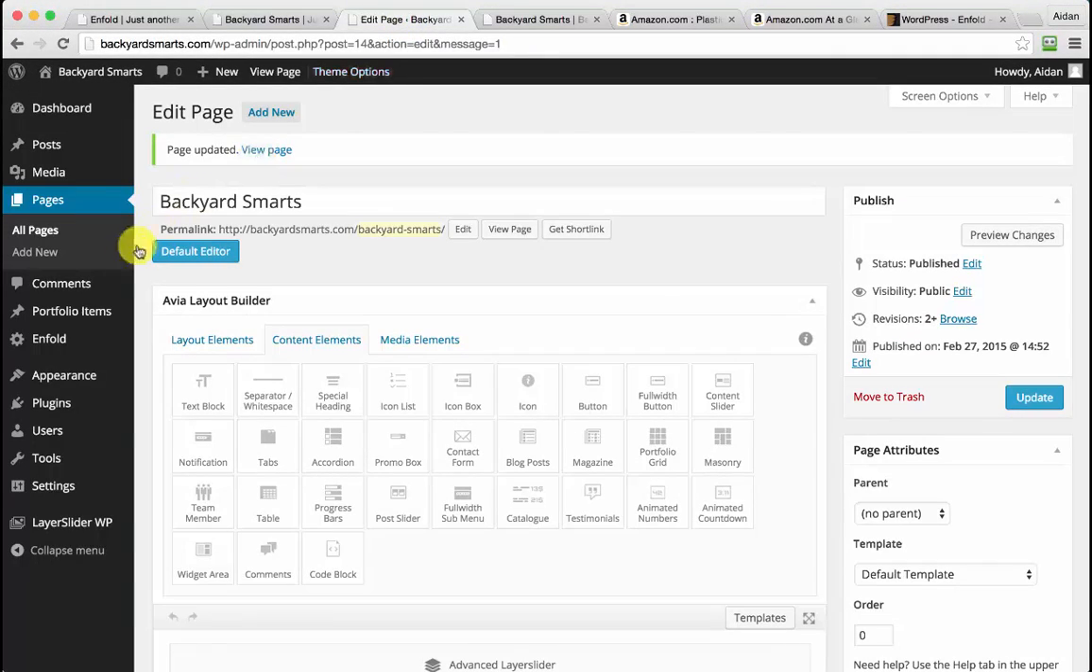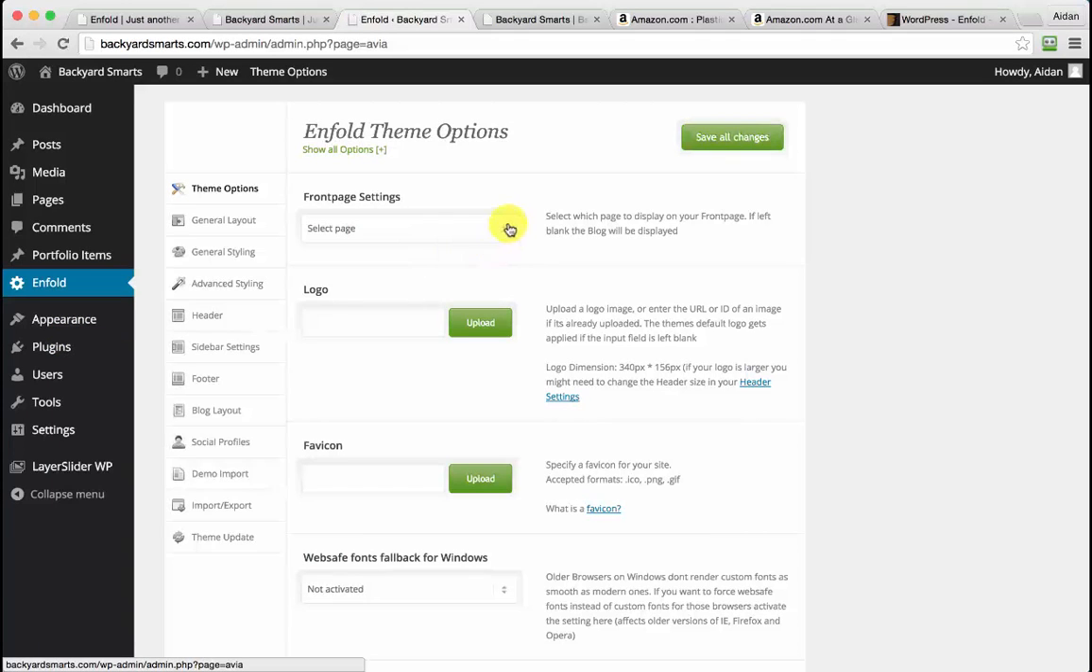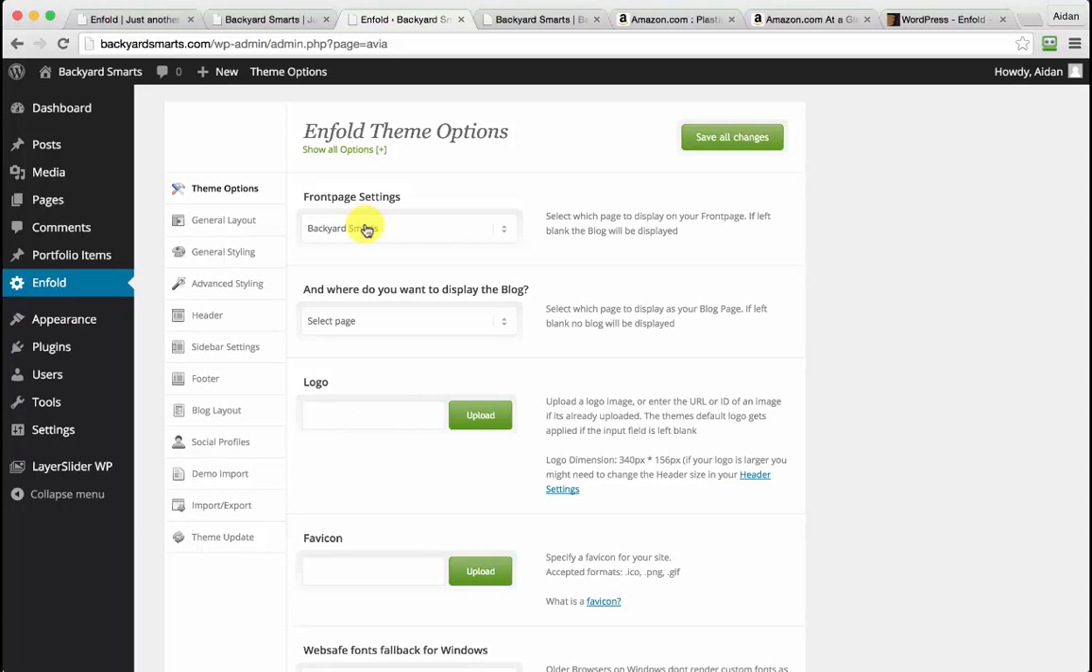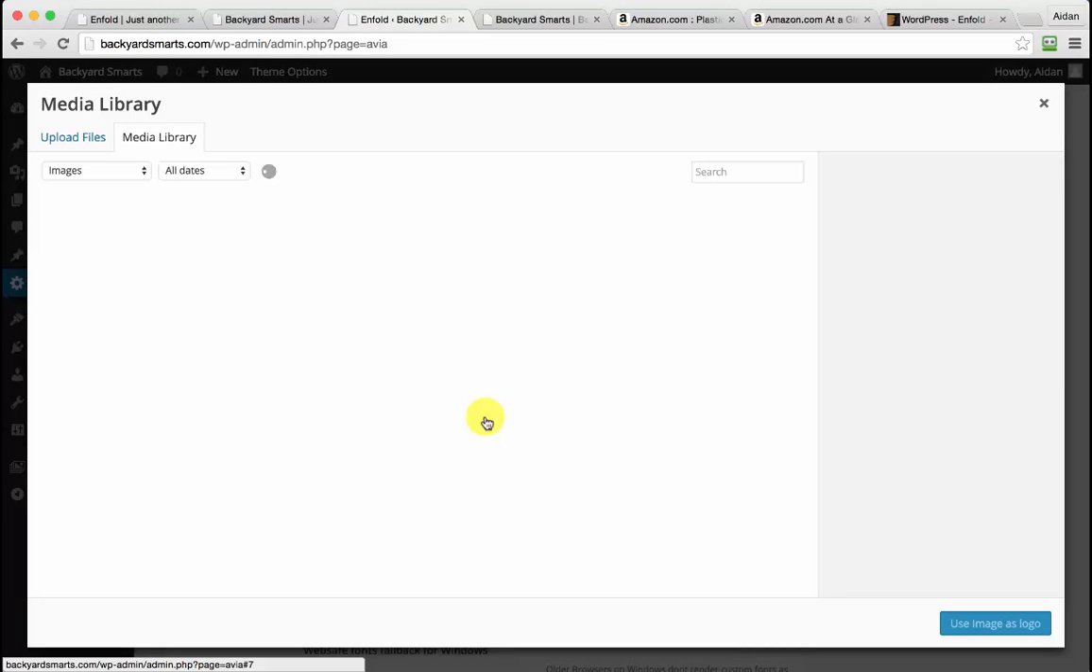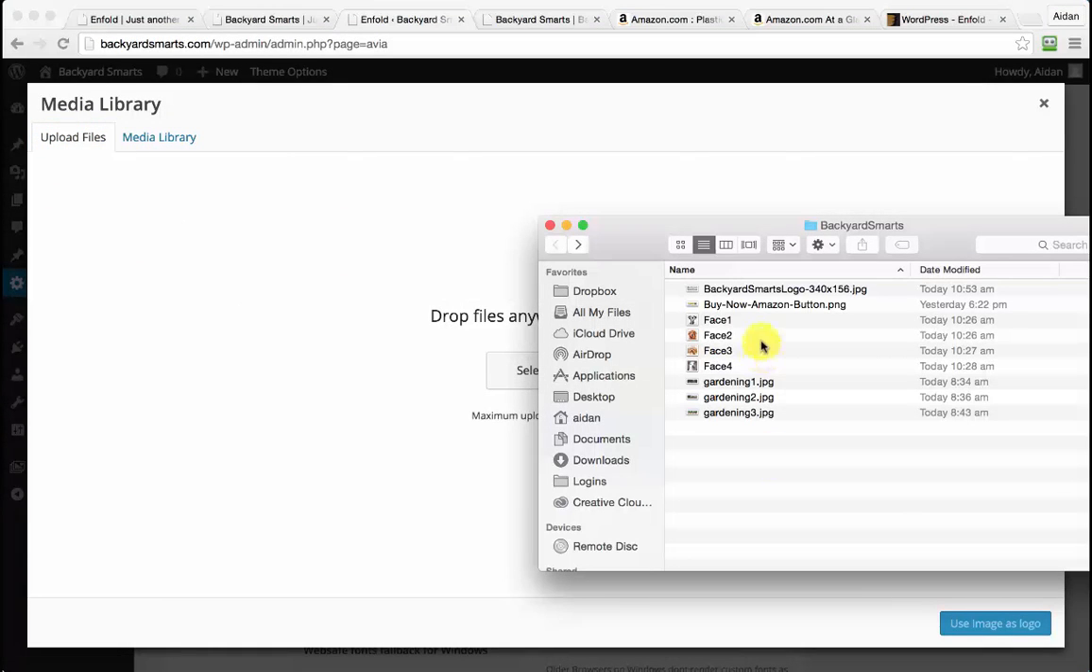The next thing we need to do is come to the Enfold options menu, and you'll see there's lots of different options here. The first thing is to select Backyard Smarts as your sales page. Okay, and if you've got a logo, upload it. If you don't, these are the dimensions of the one that you can make. So I have prepared a logo here, and I'm going to upload that. Just a simple little logo, 340 pixels by 156